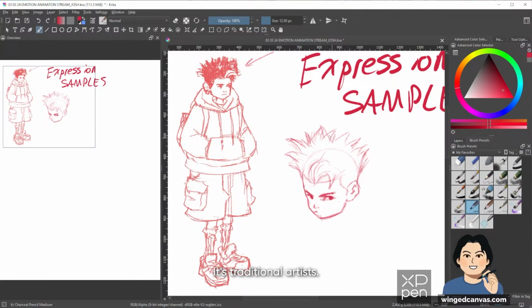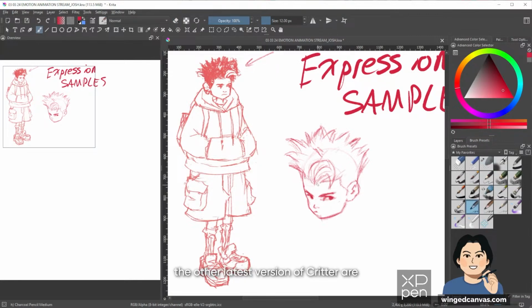What a traditional artist. Do you think traditional artists erase more or digital artists? I would have thought digital artists erase more, but I don't know. Could be both, honestly. Just because you have the freedom to constantly erase as a digital artist, so I was like, yeah, it should be digital artists who erase more, but I don't know. Maybe you have a point, Kevin. I've never really thought about who erases more.